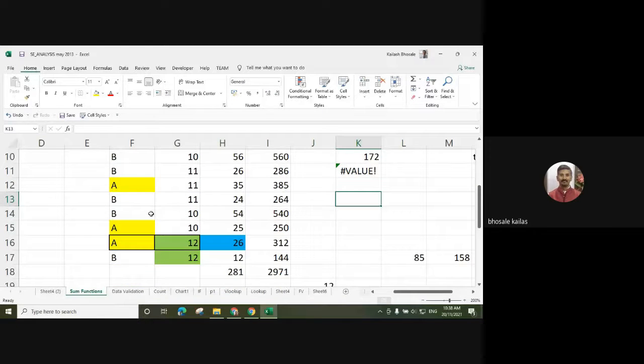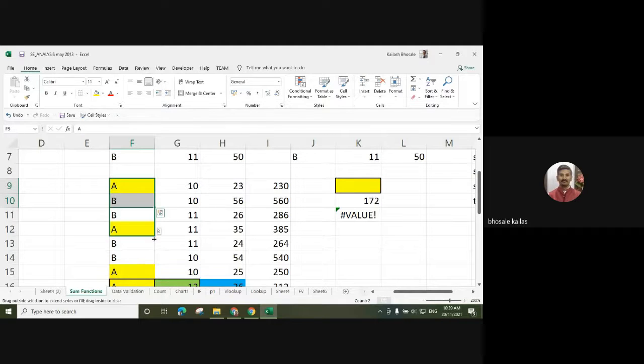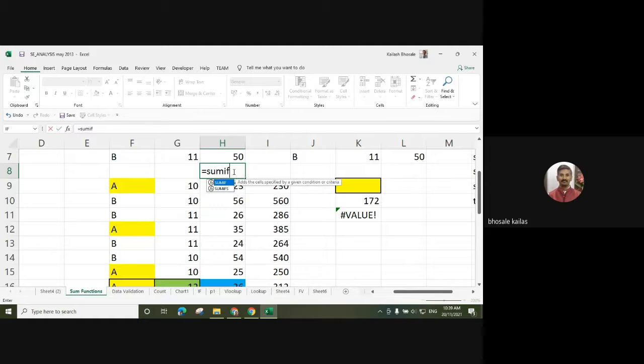There are some numbers, a and b. First the SUMIF function.